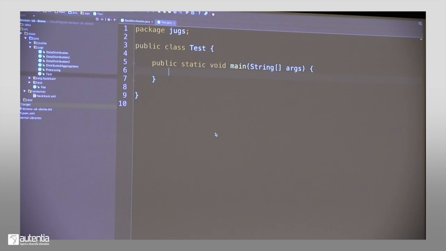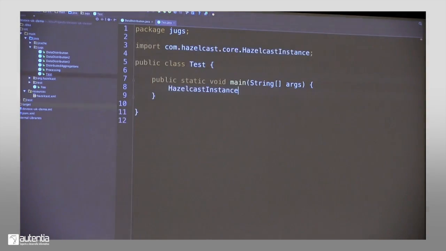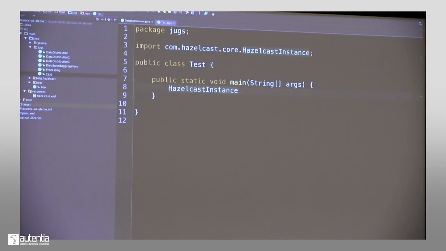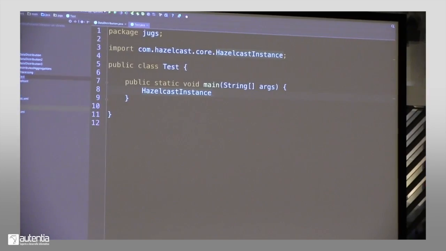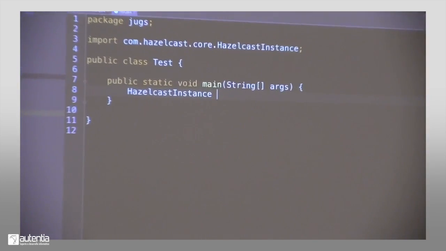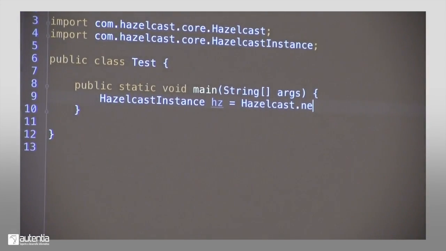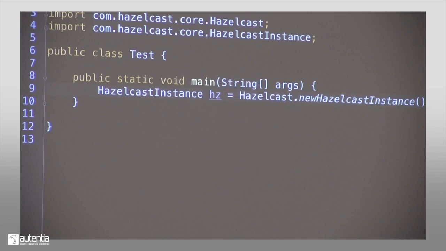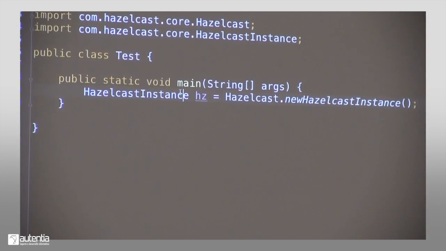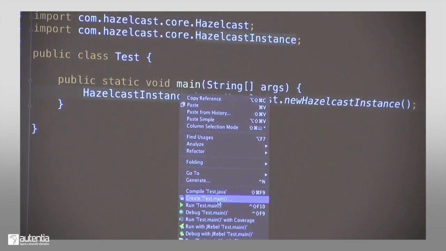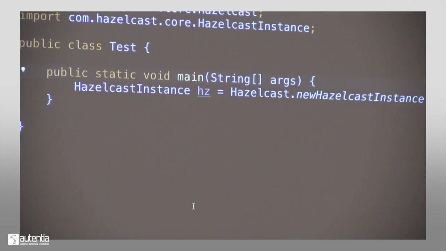So setting up a Hazelcast cluster is as easy as, whoops, not this, that one. So all of our entry points are the Hazelcast instance. The Hazelcast instance offers you the entry point to any kind of data structure Hazelcast has. So we take Hazelcast instance, and everything we do is that one. We say, hey, please create a new Hazelcast instance. And if we start that up, we hopefully see,